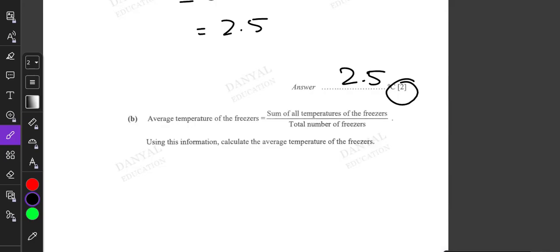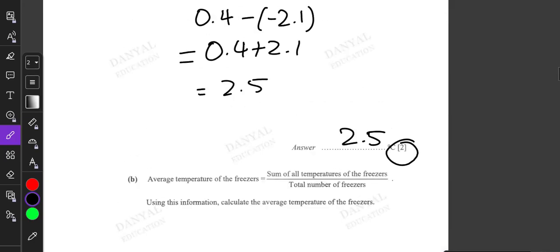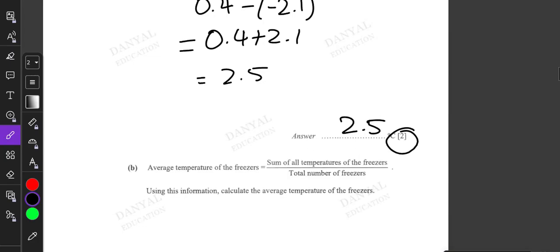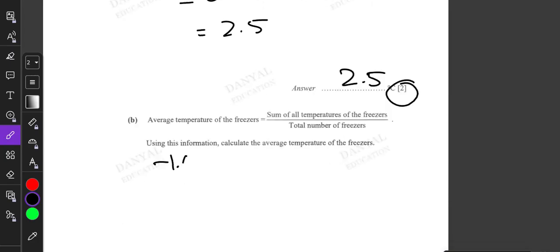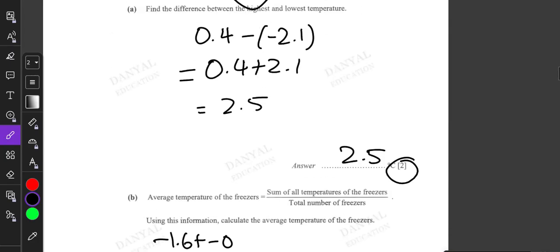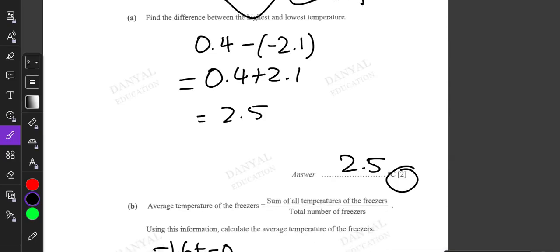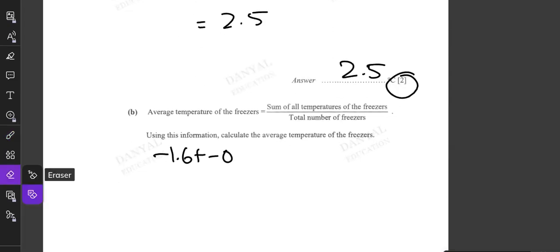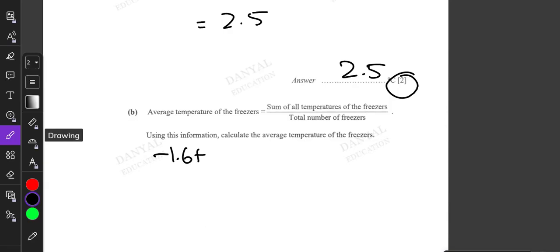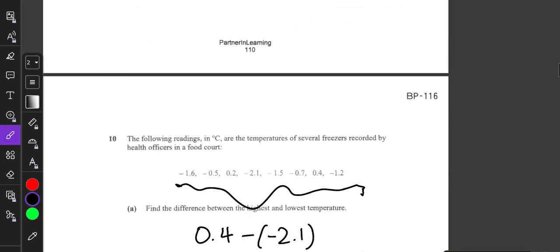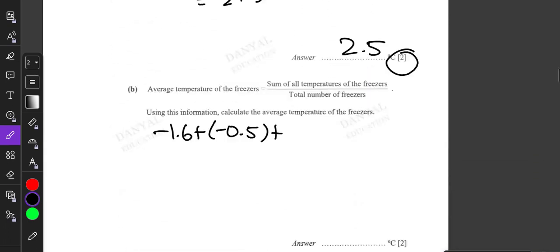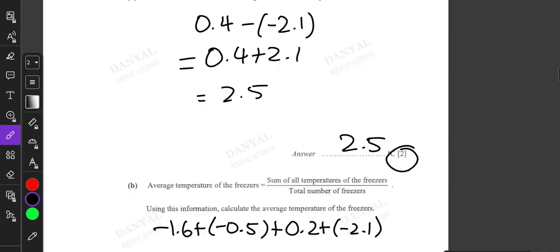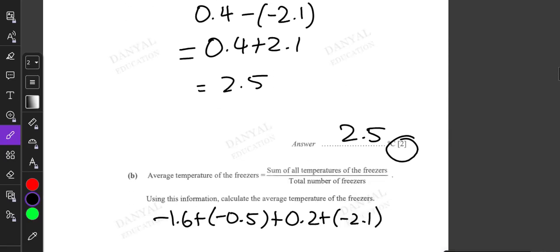You need to add all the temperatures together, which is minus 1.6 plus minus 0.5 plus 0.2 plus minus 2.1, plus minus 1.5,